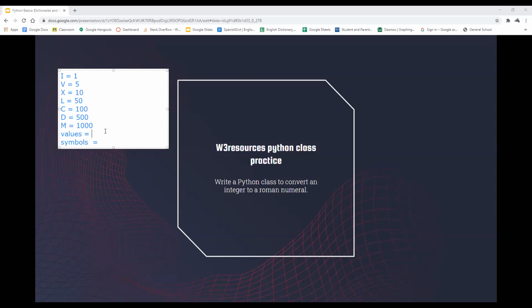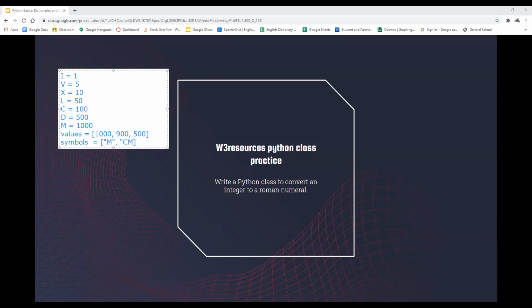In the values variable, you would put 1000, 900, 500, kind of like that. And then in symbols, you would put the string for M,